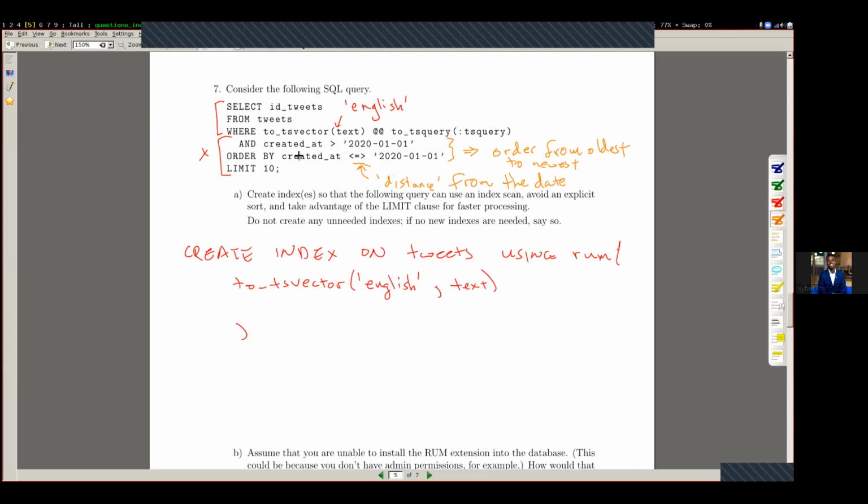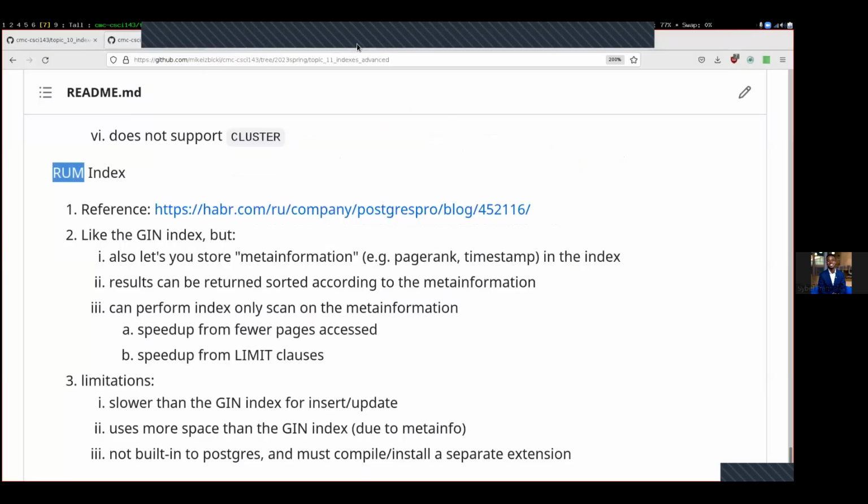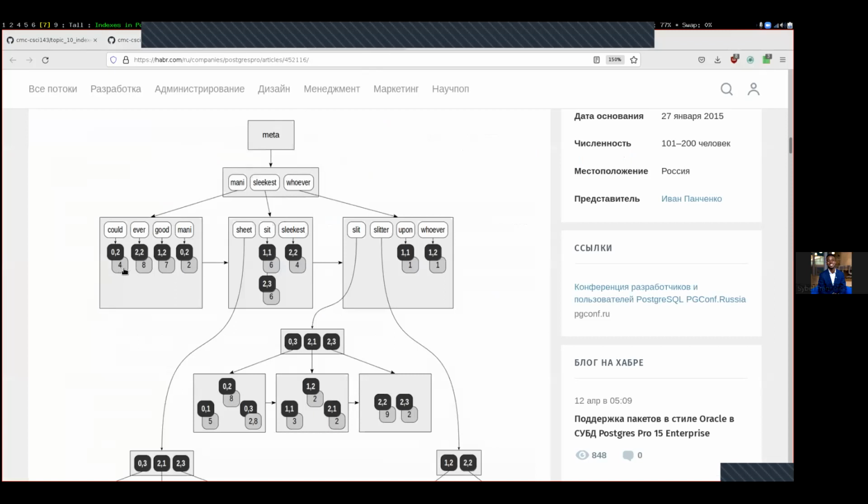In order to make this work with the RUM index, in order to take advantage of this extra information, we have to add it into the index itself down here. So I'll put the created at right here. Semantically, what we want to have happen is that this created at will be stored inside of these gray boxes down here, where it's the auxiliary information that's stored about each document next to the tuple ID in the posting list or the